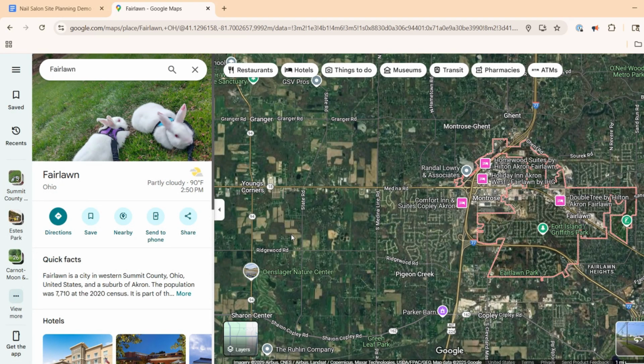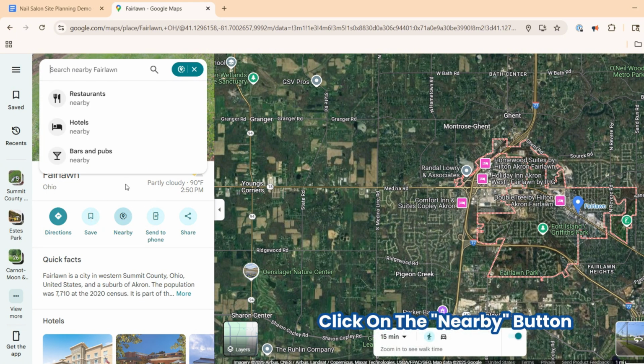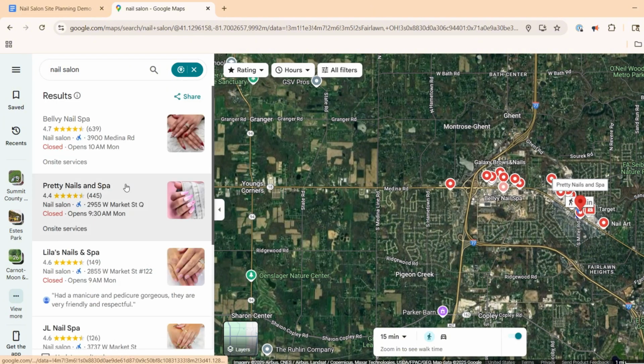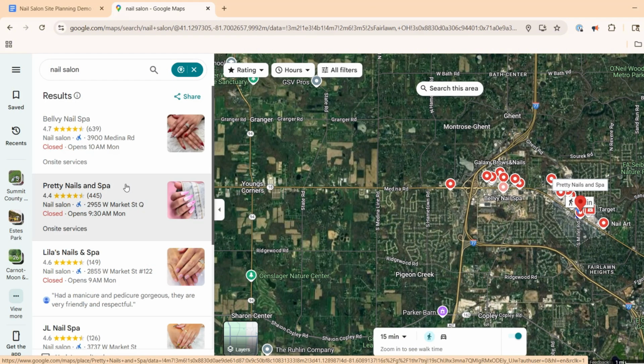Now, once in Google Maps, you're going to want to search for your location. I just found a random place in Ohio called Fairlawn, Ohio, so I'm going to use that. The next step is to click on this nearby button. This is going to allow you to search for places nearby that location you entered. So I'm going to type in nail salon, and we're going to get a huge list of different businesses near